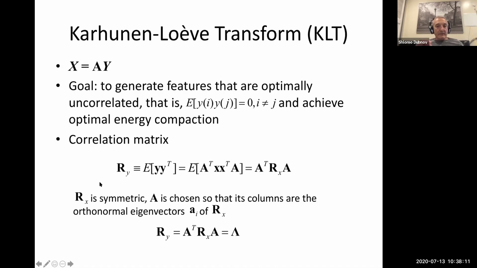So the math, just to hint at how a PCA is usually done, we calculate this correlation matrix between the Y's, assuming that we have some kind of an output here, and you can show that the autocorrelation of Y becomes A transpose R_X A. And then if we want this R_Y to be independent, that means that it's diagonal, okay? So now we have this expression. Now, what will be the diagonal elements? These would be basically the energies, or the eigenvalues, or squares of the eigenvalues